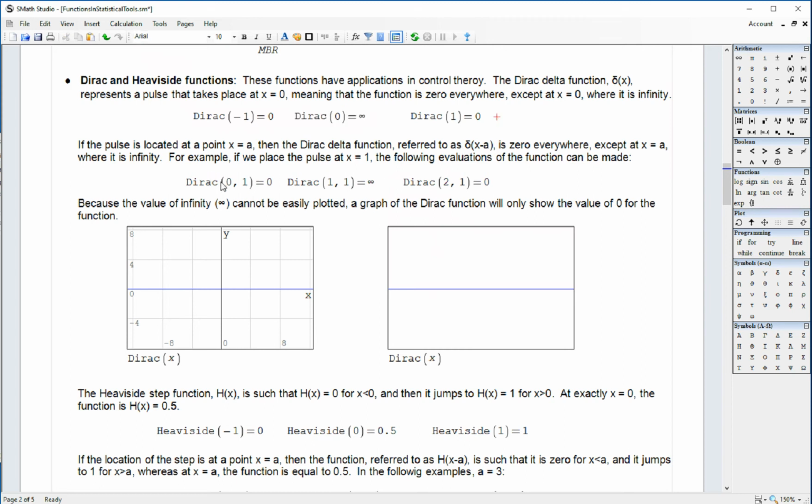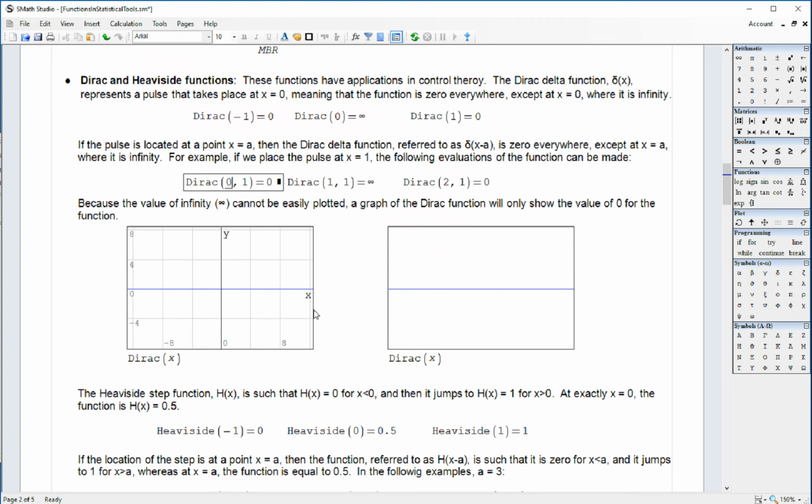If you have 2 arguments, you can switch the origin. So I'm switching the origin to 1 at that point. Then when x is equal to 1 and the Dirac function is located at 1, my pulse goes to infinity. But everywhere else about that point 1, it goes to 0. If I try to plot the Dirac function, I get nothing, just like a horizontal line,